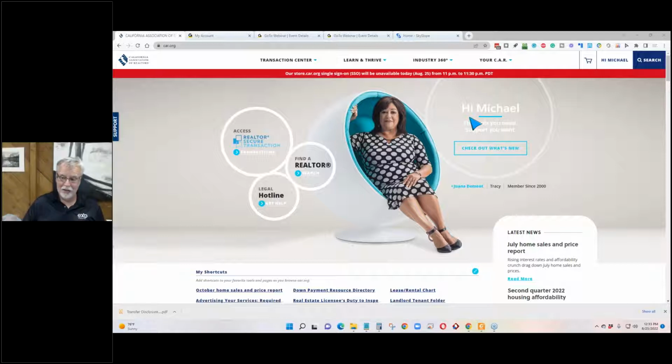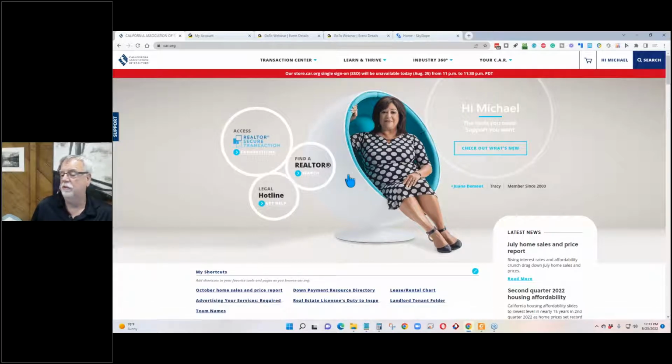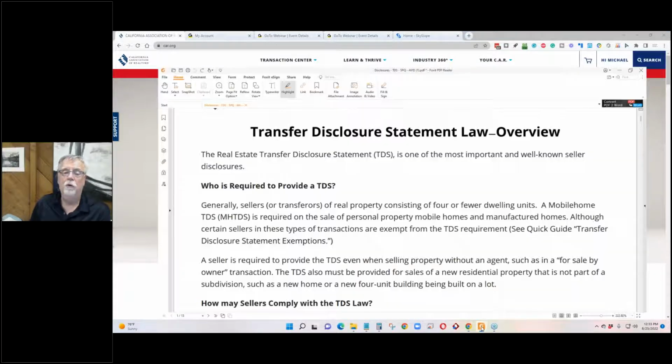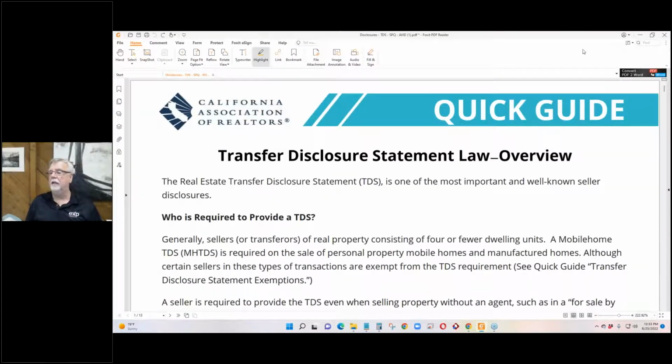Now there's a handout, two of them. One of them has some of the forms and things I'm going to go over. There's one about exemptions and things like that. And I'm going to show you what software you might want to use in order to do this, right? So if you were looking at the handouts, I'm just using information from the California Association of